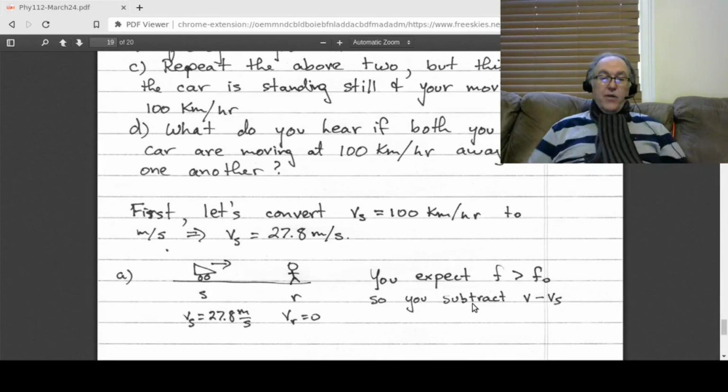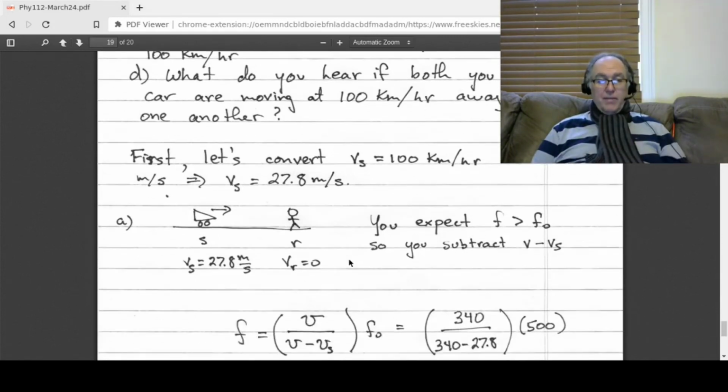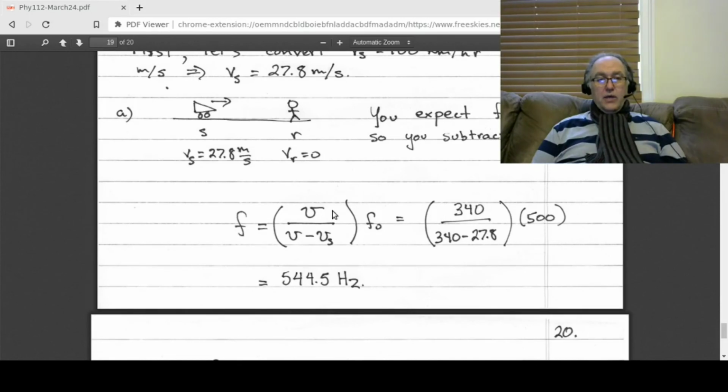Okay, so because you're actually looking at the denominator there for the source, you actually want to subtract. The receiver isn't moving, so VR is 0, so that drops out. That makes that one easy. But VS is in the bottom here, and you go, well, do I want a plus or a minus? You put a plus there, and you're going to get less than 500. That's wrong. So you put a minus in there, and you get 340 divided by 340 minus 27.8. Okay, so there's your V and VS, and multiply that by 500, and you get that you would hear